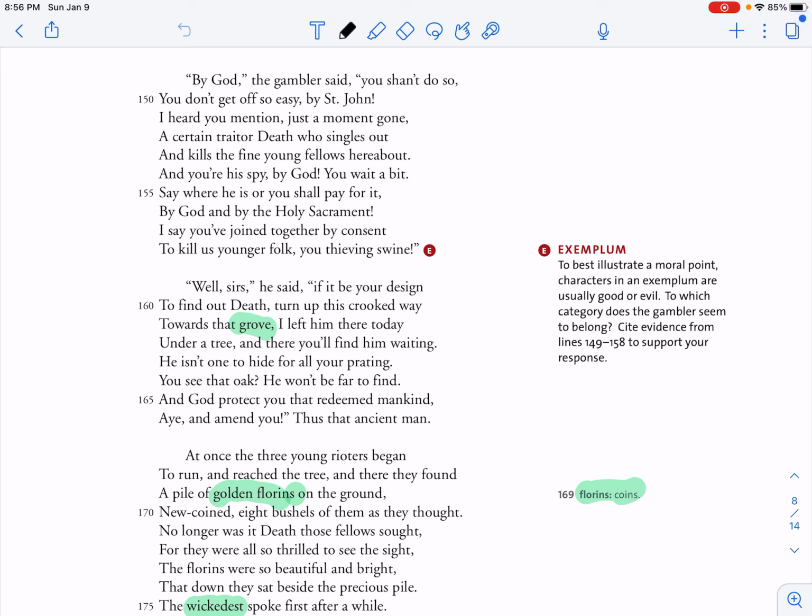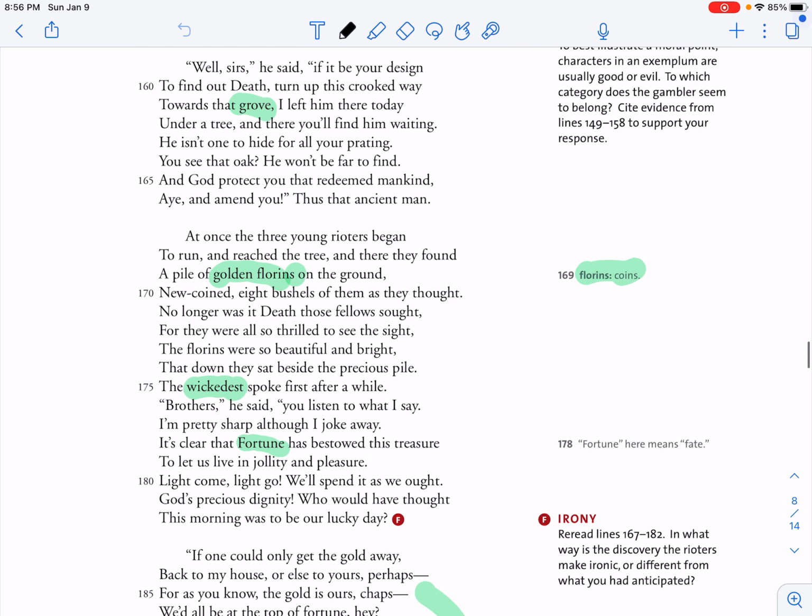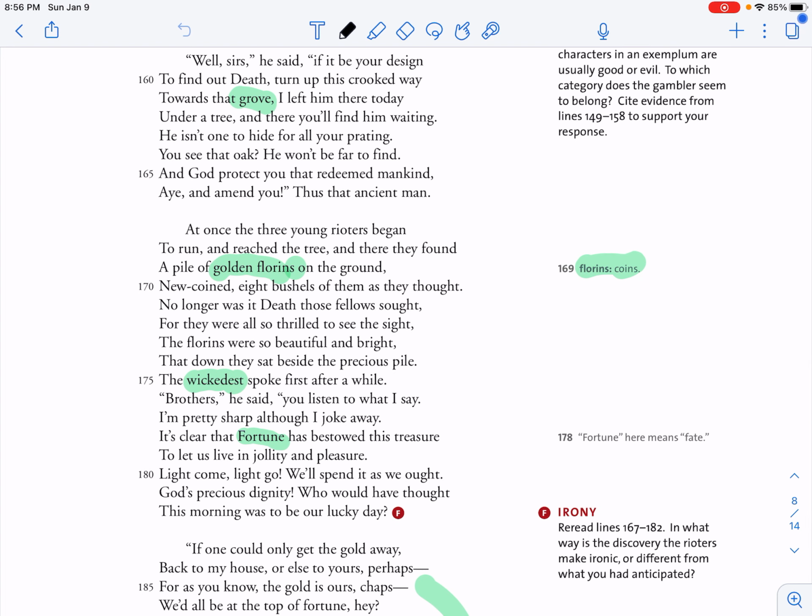You wait a bit. Say where he is, or you shall pay for it. By God and by the Holy Sacrament, I say you've joined together by consent to kill us younger folk, you thieving swine. So now, one of the rioters thinks that this old man works for Death. Well, I'll let you decide that later, and he says, you're not going anywhere. Now, the old man says, well,